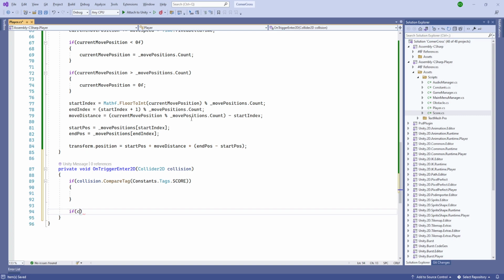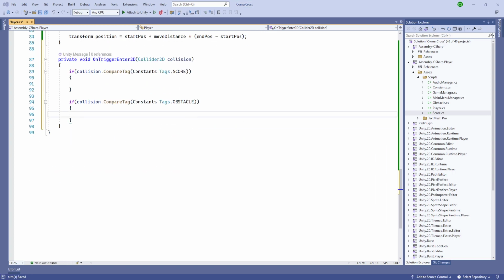Else let's get the second option for collision dot compare tag constraints dot tags dot obstacle. Then the game is finished, and before finishing the game we are going to destroy, instantiate explosion prefab